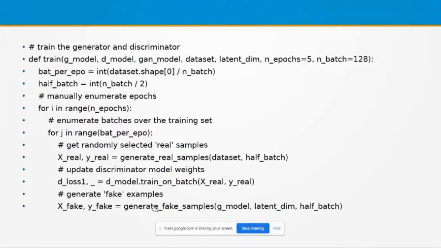So with the help of this generate fake samples, with the help of the generator model, we can generate 64 images from the latent dimension, and all these images are fake. For that we can call this user defined function here.